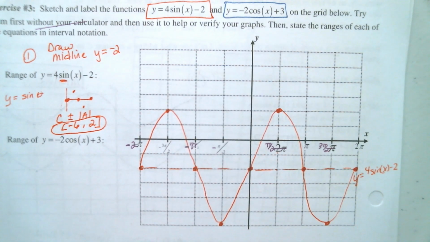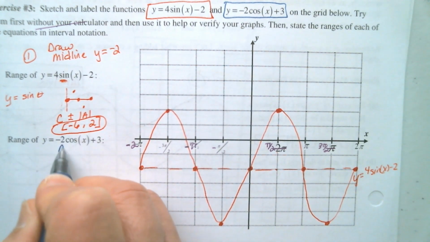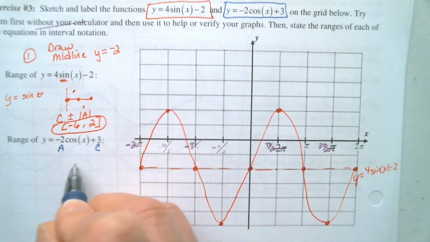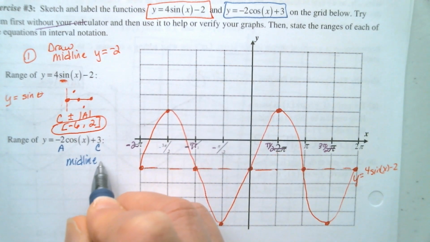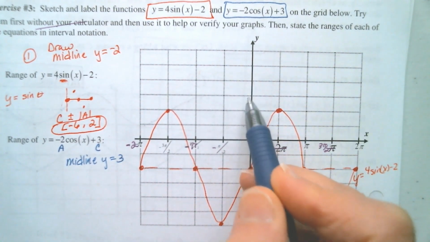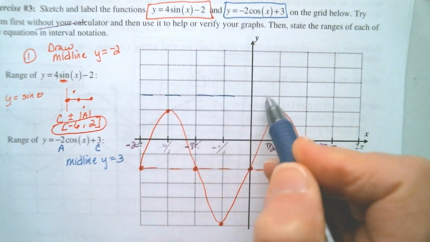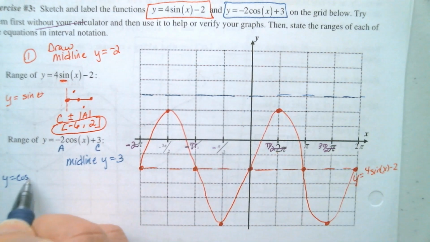Now let's use the blue pencil or pen for the cosine. Right? So we start with the midline, the c value. Our midline is y equals 3. 1, 2, 3. Remember our basic cosine curve. Our basic cosine